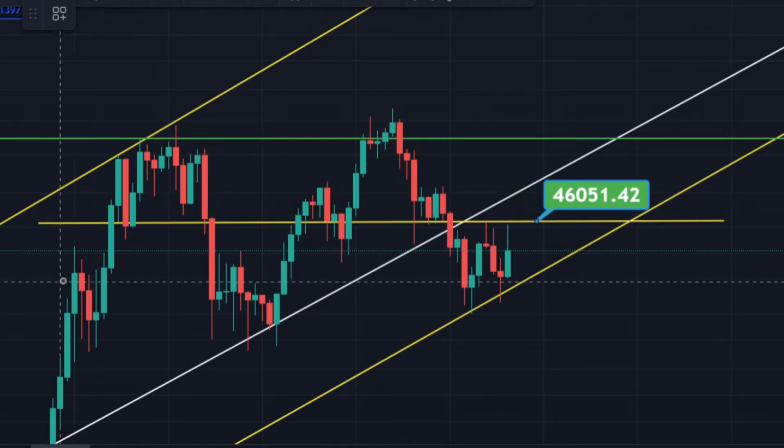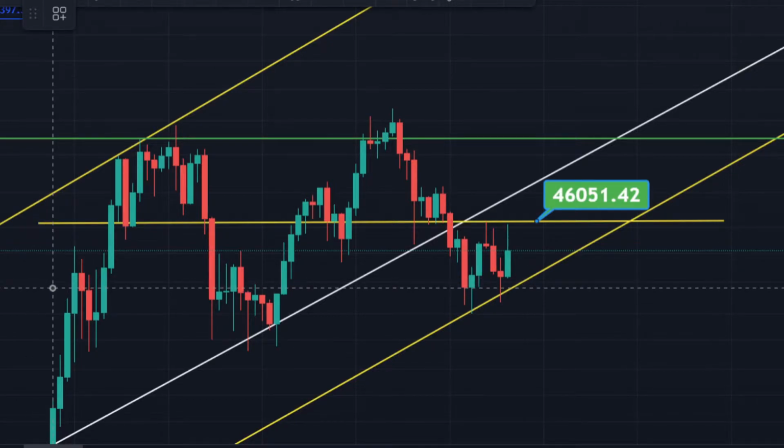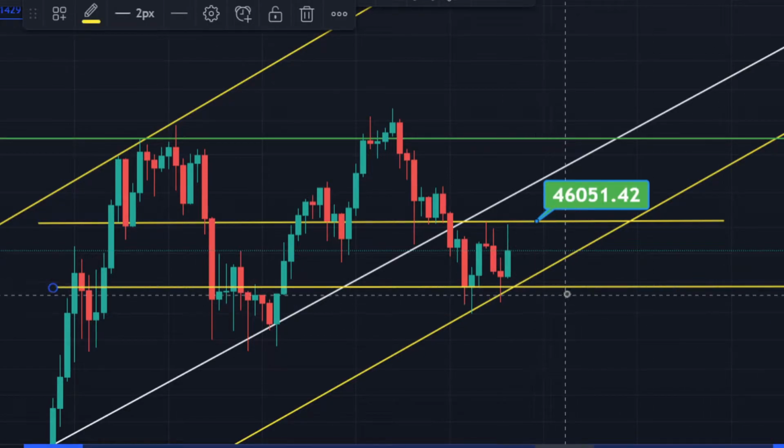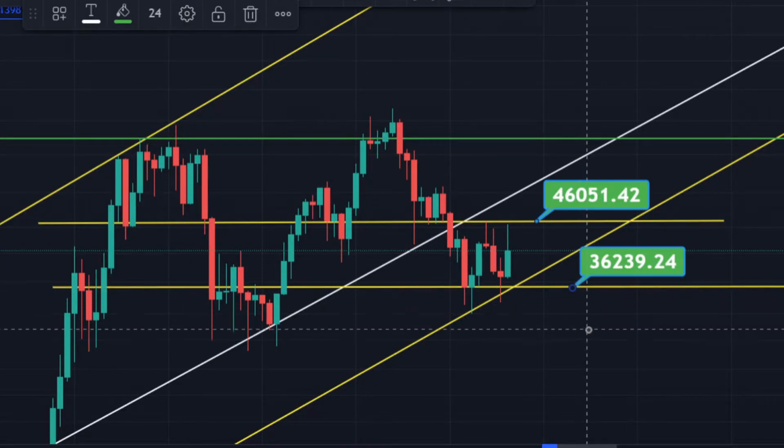And this level over here, this is also a very crucial level for Bitcoin. Right over here, if you see a candle close below this price range, then expect Bitcoin to come all the way down